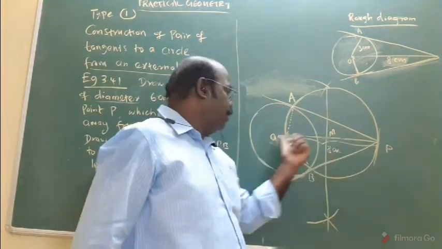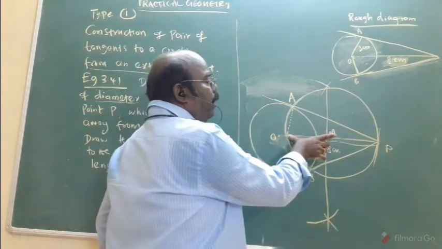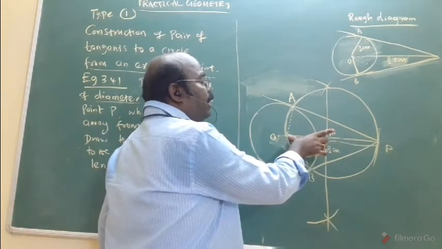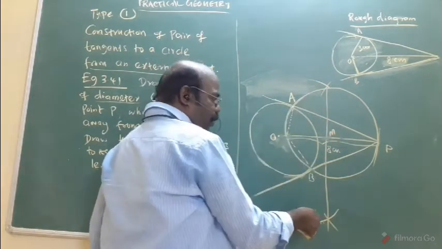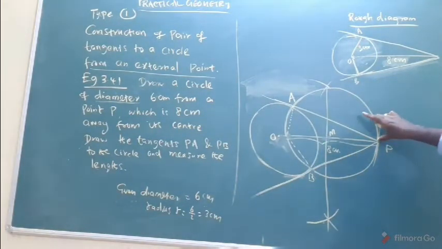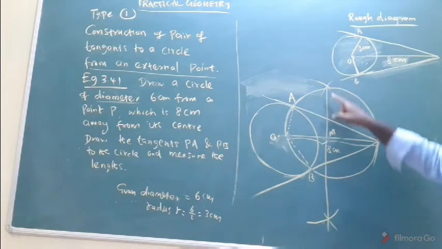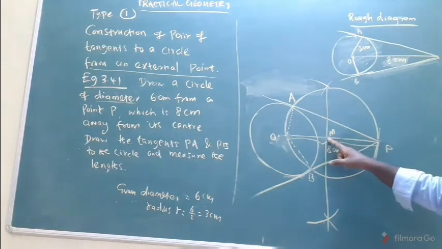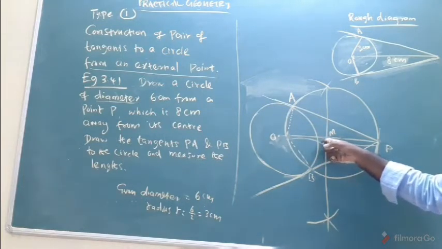This is P. OP. After what I told you, take more than half of OP, approximately, by using a compass. Cut the arc from O, above and below. With the same length, without changing any measurement, cut the arc again from P, above and below. The both arcs intersect each other, no? Here and here. Join the line. This line intersects OP at M, this is called the midpoint. M represents the midpoint. Definitely, 8 centimeters means measured length 4 centimeters will come.